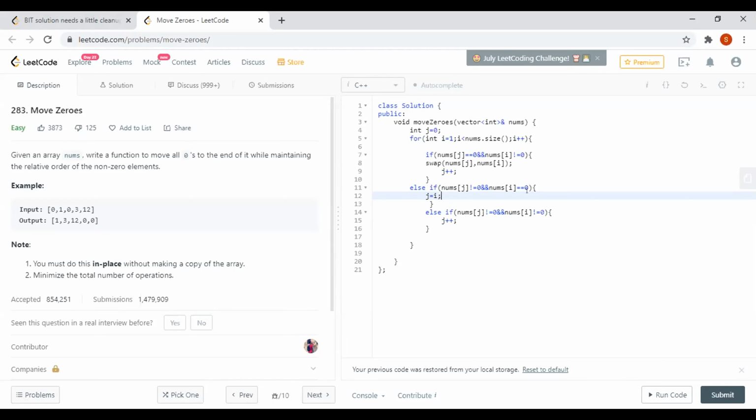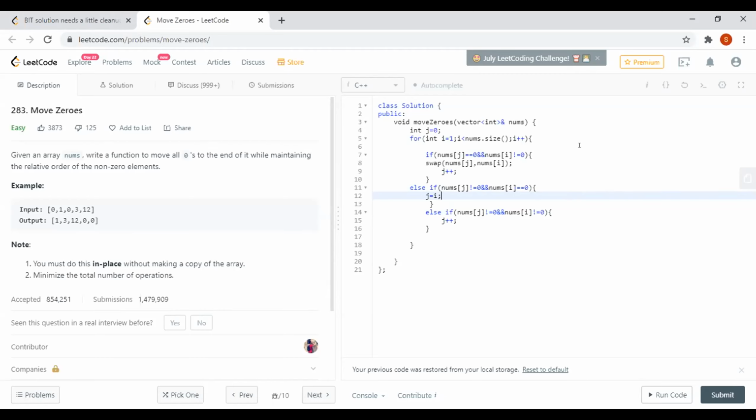But here you could have done: if nums[i] is not equal to 0, then just swap it. Will that not work? Don't use the two cases, like what you have on lines 7 and 14. You could combine them into one. I'm just thinking out loud.